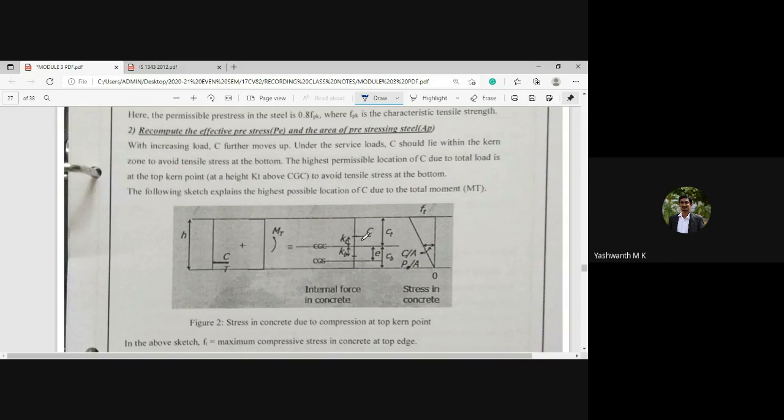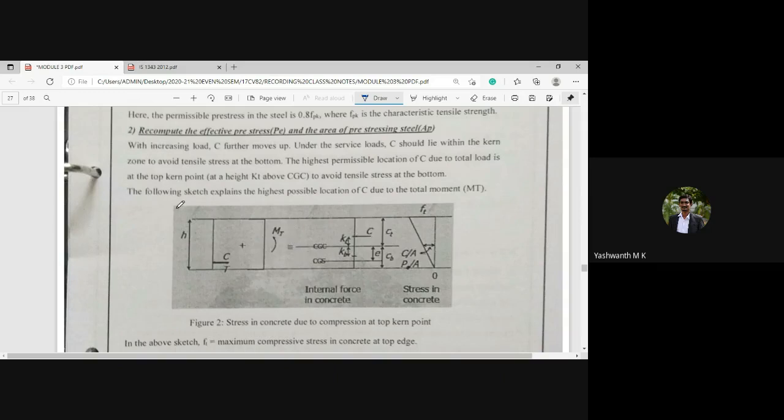That is the advantage you are going to get. The highest permissible location of C due to total load is at the top Kern point. You can see this is the top location, at a height KT above the CGC, to avoid tensile stress at the bottom.